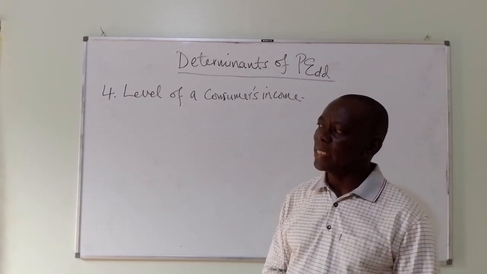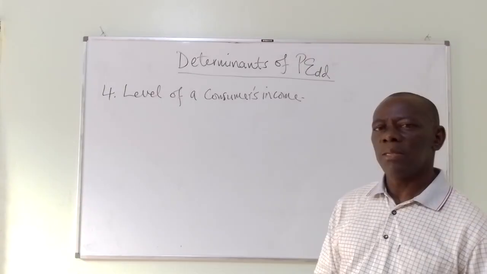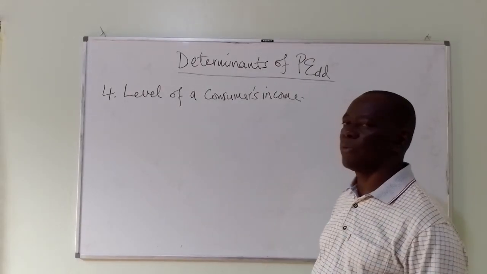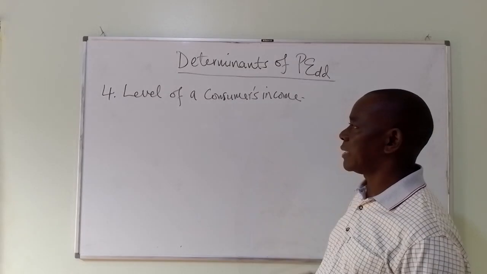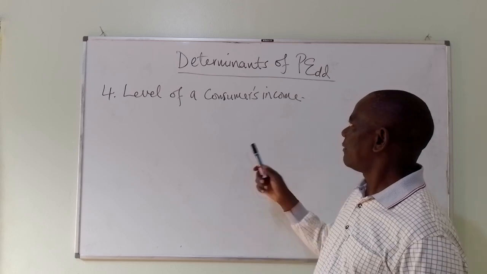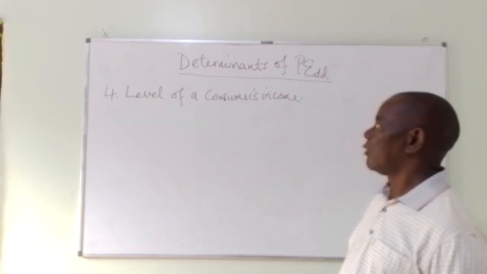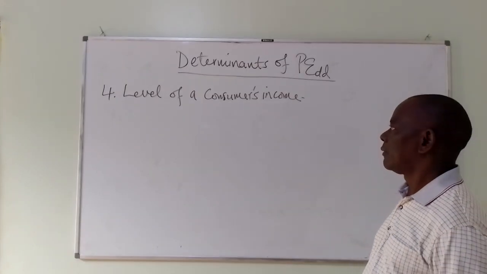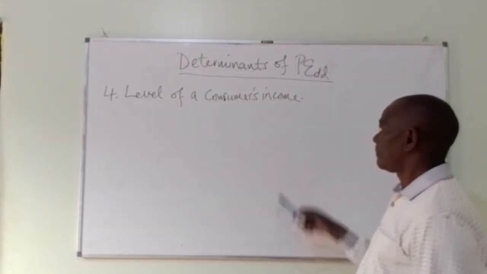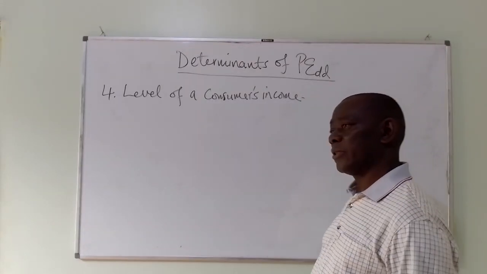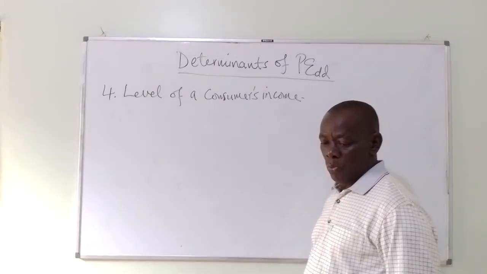We are looking at the factors that determine, that influence the level of price elasticity of demand. So we are saying the level of the consumer's income will determine how much change we have with the price elasticity of demand. It is determined by this. So we are going to